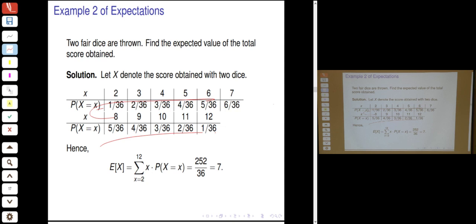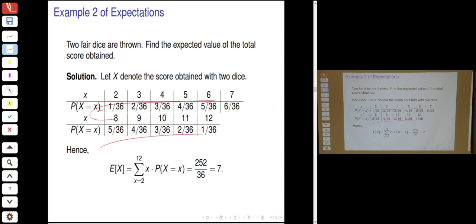So X is the sum. Now the point is, how do you calculate the probability of X being equal to 4, for example? Well, you just count. Each outcome is equally likely. Each pair of numbers on the two dice is equally likely, and this probability is equal to 1 over 36. So basically the probability that X equals 4, for example, is going to be the